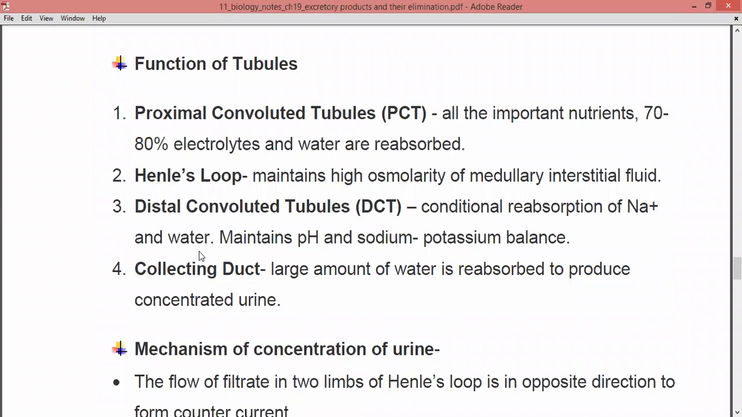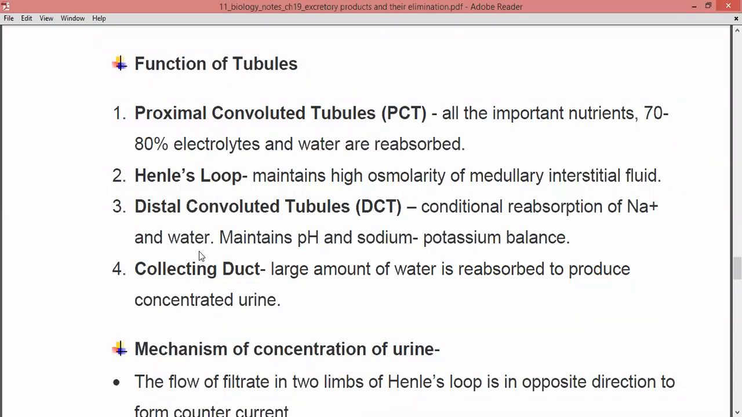The fourth part is the collecting duct, where a large amount of water is reabsorbed to produce concentrated urine. Now, how is the urine produced in a concentrated manner? A very large amount of water is reabsorbed by the collecting duct, and due to this,